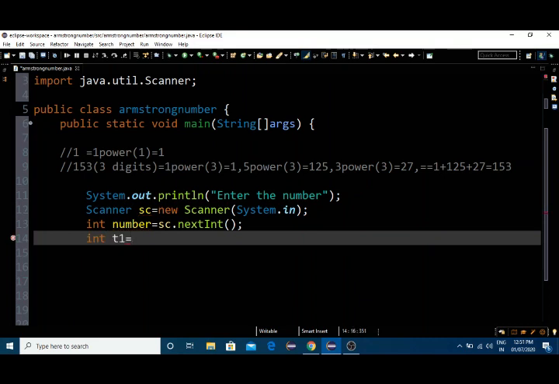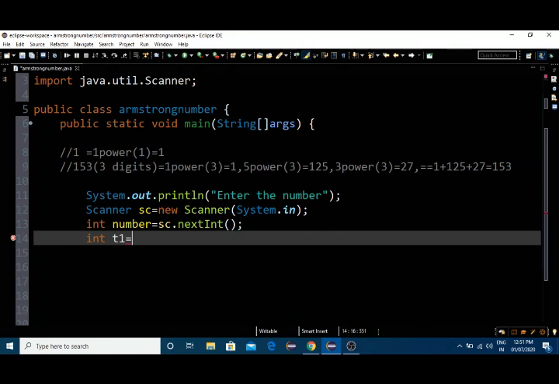First we shall find the length of the number, because we can do it directly without using the length of a number, but from a placement point of view, that is for entrance exams, we can't use library functions like Math.pow. These functions can't be used in entrance exams, because they will be removed from the coding platform you are writing on, like AMCAT or some other platforms. So we need to go for the general method.